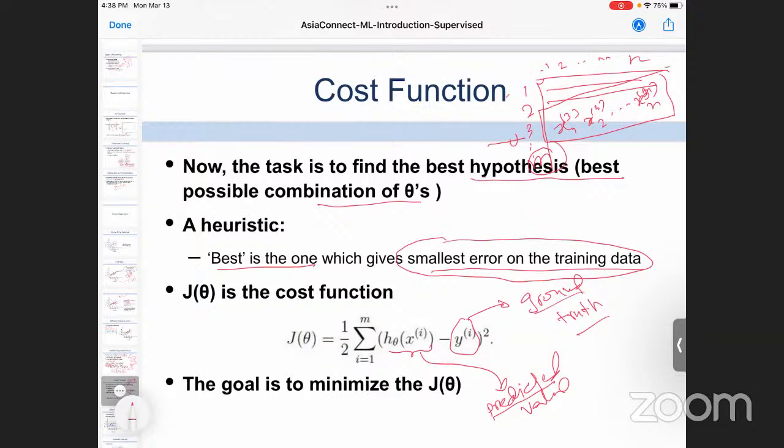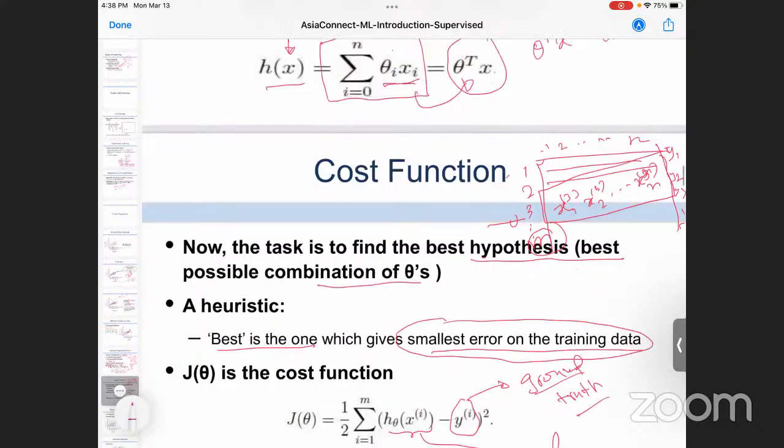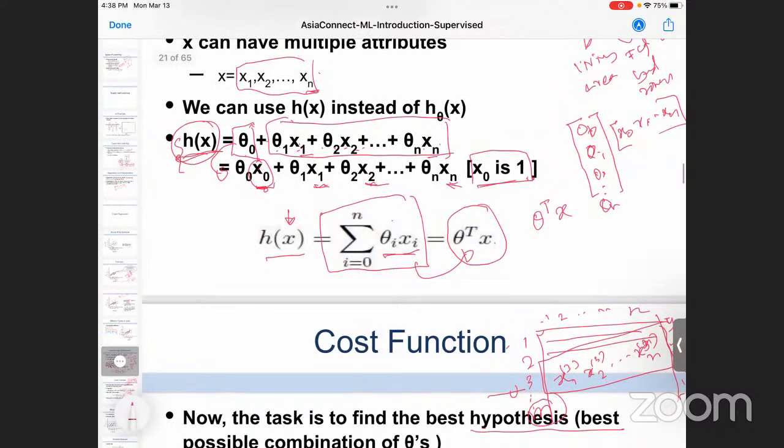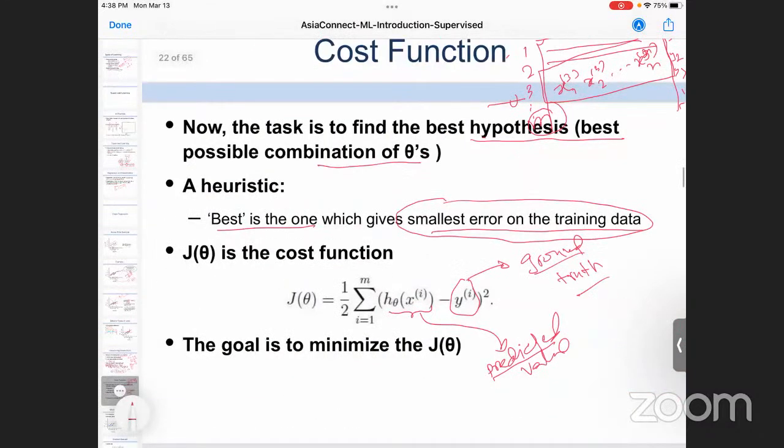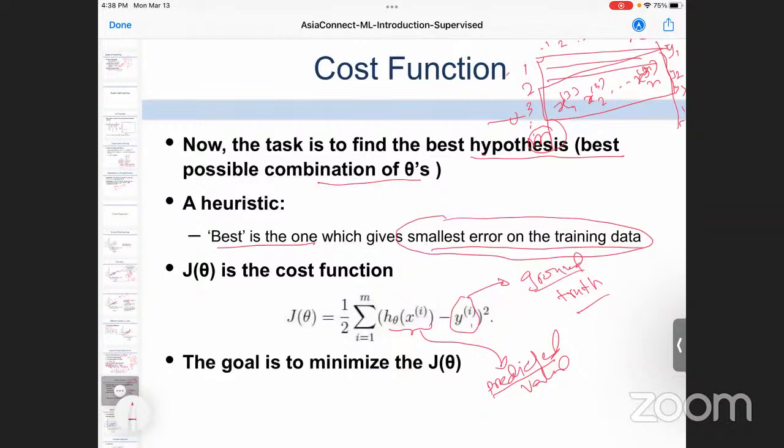So ground truth is here, like in the data set, you have the ground truth, right? Y1, Y2, Y3, Y4. So for each data, you have the house price. This is the label data. And using your model, for example, whatever we want to find, this hypothesis H, you are predicting a value. This is not necessarily equal to this one. For example, you have ground truth house price 200, your predictor predicts 180.